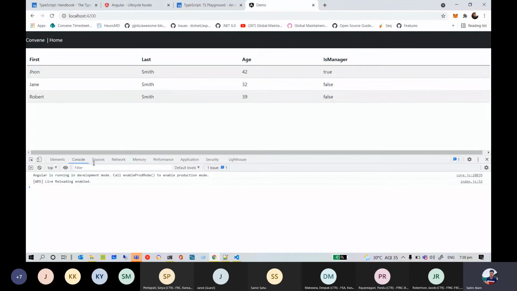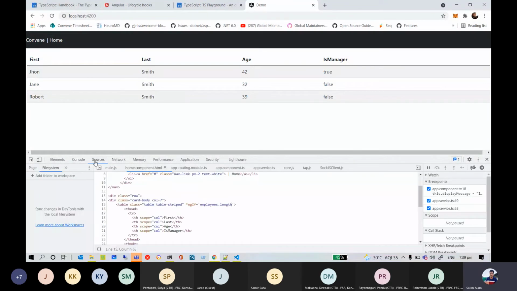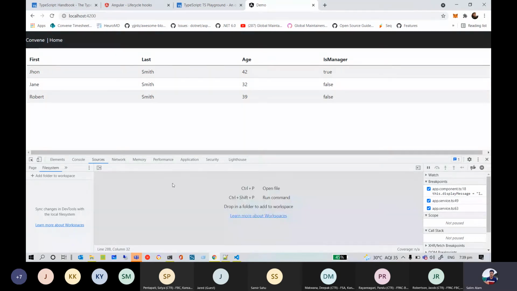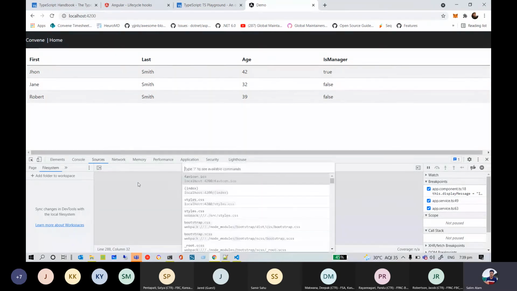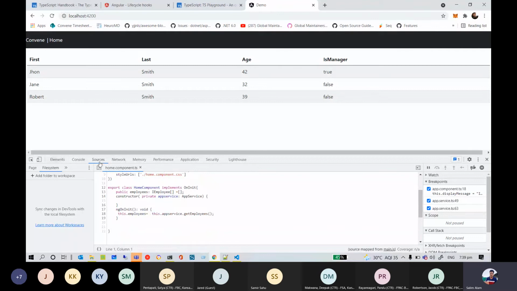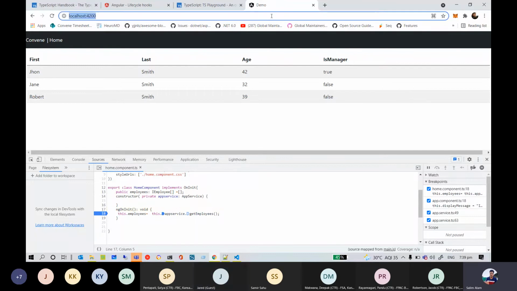Now coming to debugging an application in Angular, what we do is in our developer tools, we go to Sources, and then I click here, Control P, and then search for my component here. Now this will only work in developer mode. It won't work in production mode. So in production mode, no one will be able to see your code in this way and debug it. Okay, so now if I do a refresh here,